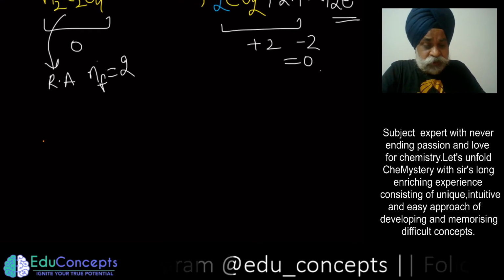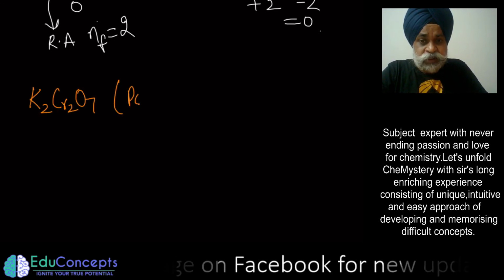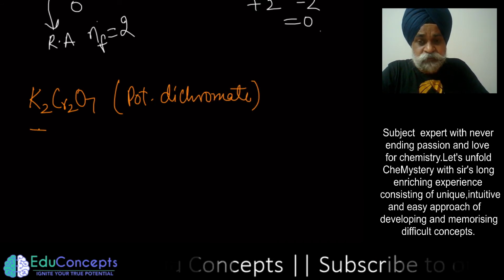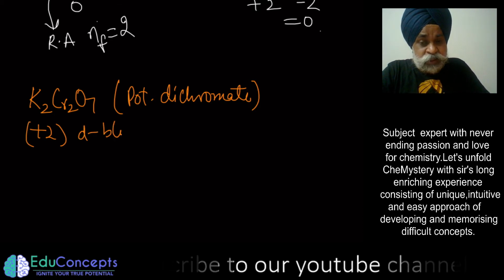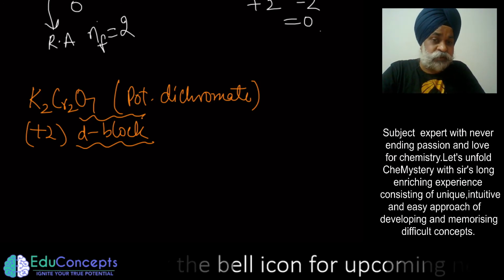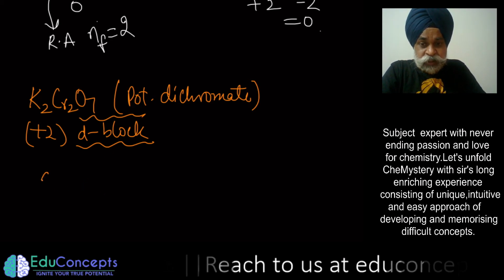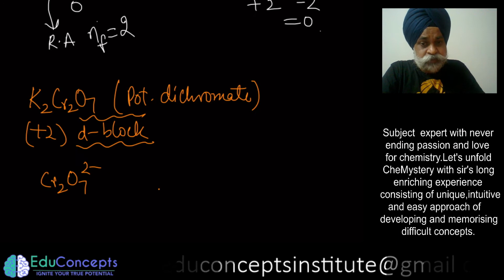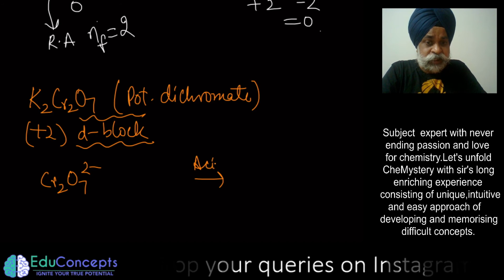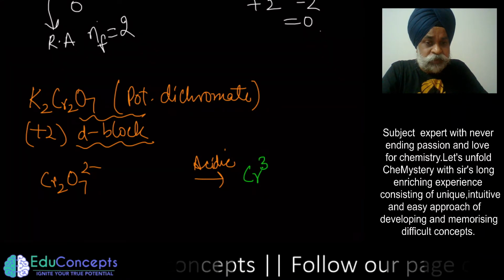So there are a lot of examples. Now let me take one more example, which is quite important in your syllabus, potassium dichromate. This is also a very important oxidizing agent and a very important compound of the D block in your syllabus. And I shall soon be passing you details of this compound in upcoming videos. So potassium dichromate tends to exist as dichromate ion, and the dichromate ion has the tendency to act as an oxidizing agent in acidic medium. So in acidic medium, it tends to change into chromium 3 positive.